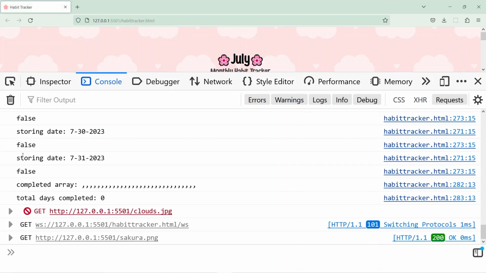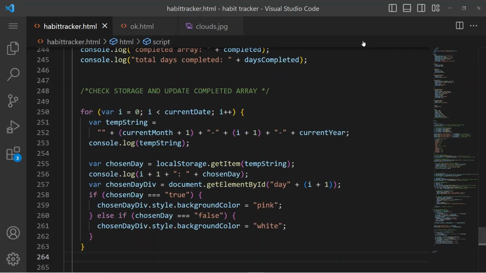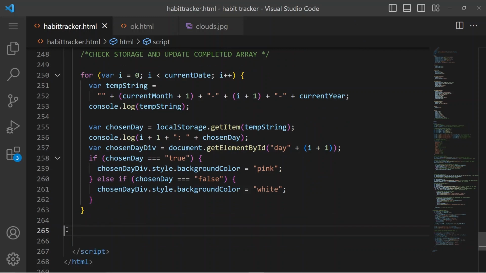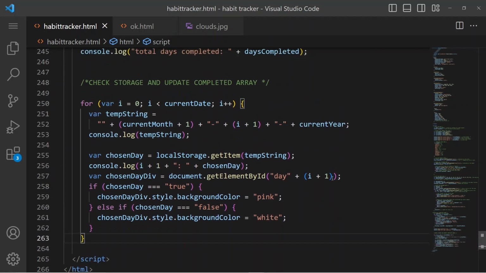After that, the values should either say true or false, depending on if the user has updated it. After this, we need to check the storage again and actually use that information to make the calendar accurate. We can simply get the item from local storage using the date and change the background color of the day. Change it to pink if it's true, meaning that the habit is completed, or change it to white if it's